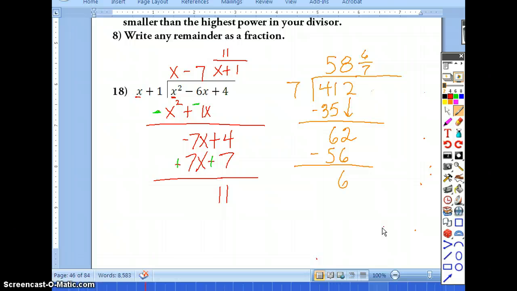And then the second question students have a lot of times is, well, how do I know I'm doing this right? How would I check this for my homework or in a test situation? Well, take a look at the problem on the right, 58 and 6/7. If you want to check and see if your answer is correct, all you have to do is take 58 times the denominator,